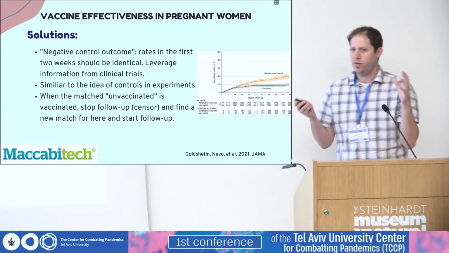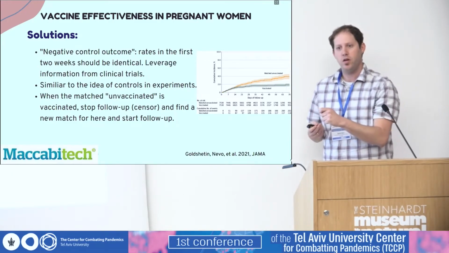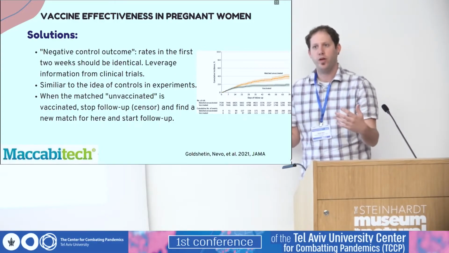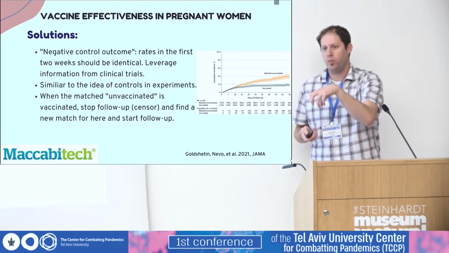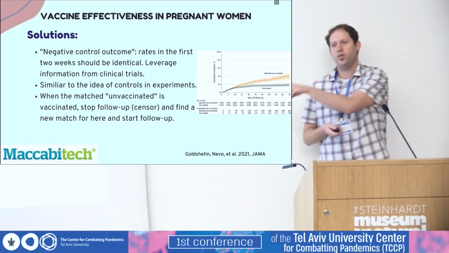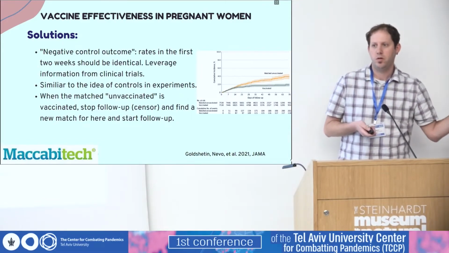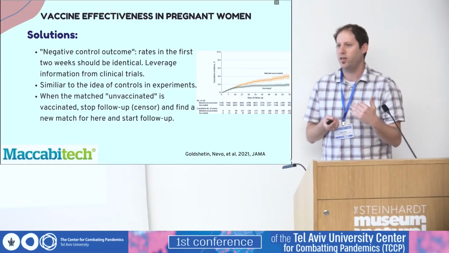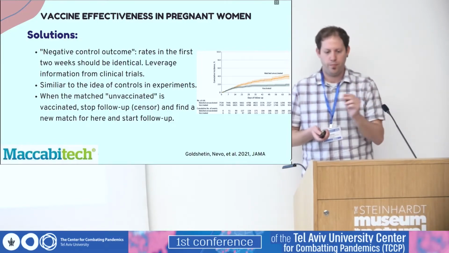Turning to the second problem, the staggered vaccination: every time a matched unvaccinated person got vaccinated, we did artificial censoring, which is something that we often do and know how to deal with. We censored, ending the follow-up for both people in the original pair, but we took the person who was unvaccinated, now moved them to the vaccinated group, set their follow-up time to 0, and found a new match for them. So essentially, we didn't lose people, because every time someone in the controls got vaccinated, we moved them to the other group and found someone new to match to them.